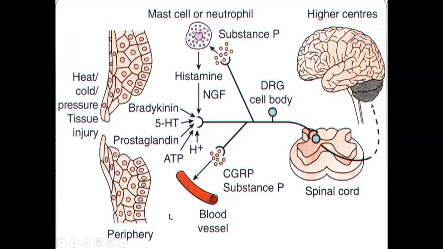What happens? This is now the periphery. This action happened where? Within the periphery. Whenever these substances are released, along with them you see here a mast cell or neutrophils, and this mast cell releases histamine. This is neutrophilic growth factor, it's also being released. So all these factors together can go through the afferent nerve fibers within the spinal cord. Here you see the signals, they are received from the efferents, they go to the higher centers,